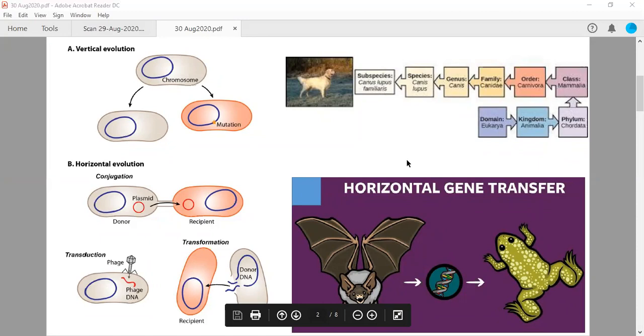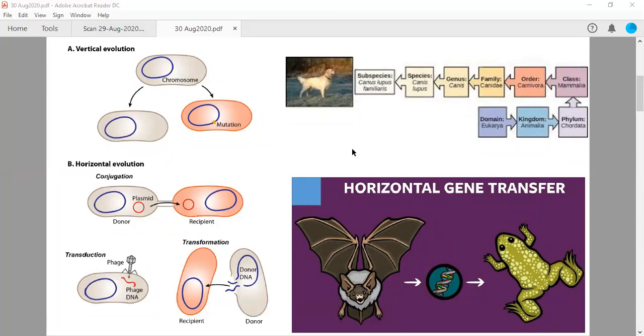Similarly, in bacteria, though they look alike and are microscopic, there are various species and subspecies. So if bacteria transfer genes between unrelated species, this kind of evolution is called horizontal evolution, and the gene transfer is called horizontal or lateral gene transfer. So there are two names for this type. Generally, this can happen in three ways: conjugation, transformation, and transduction. We will discuss these three processes in detail, so no worries.